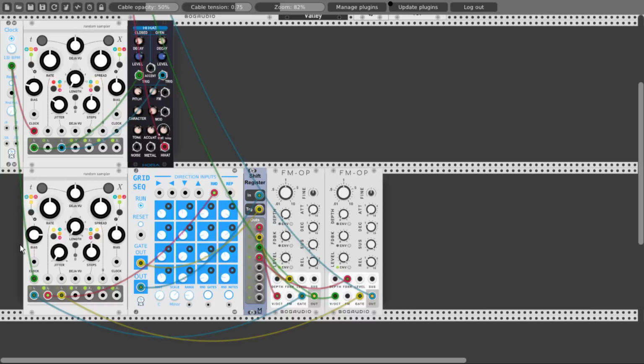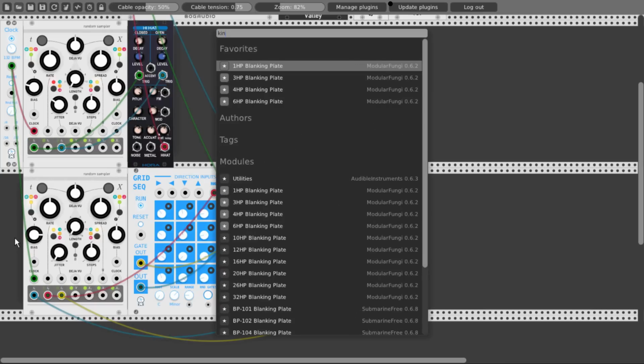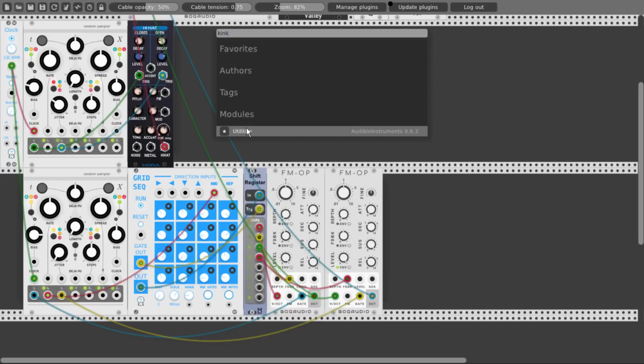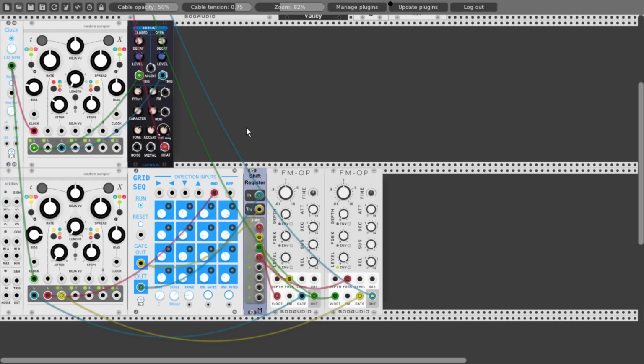And for this I will use Kinks, also from Mutable Instruments. And I know I can use the X section of Marbles, but again we will come to this point later in the video. So let's trigger Kinks with our clock and send its CV output to the bias CV input of Marbles. Let's put this also in the center, in the middle.